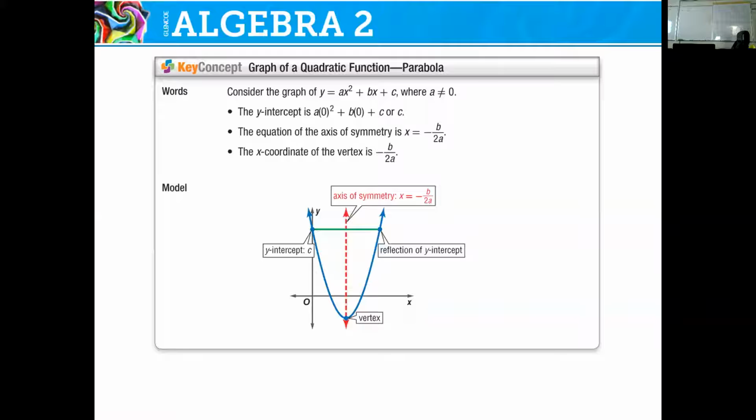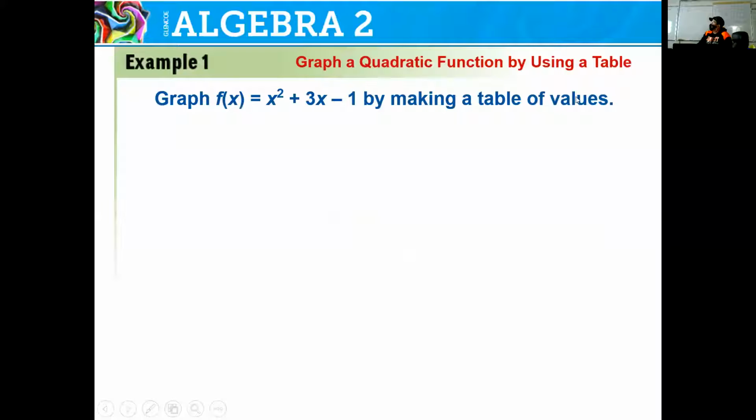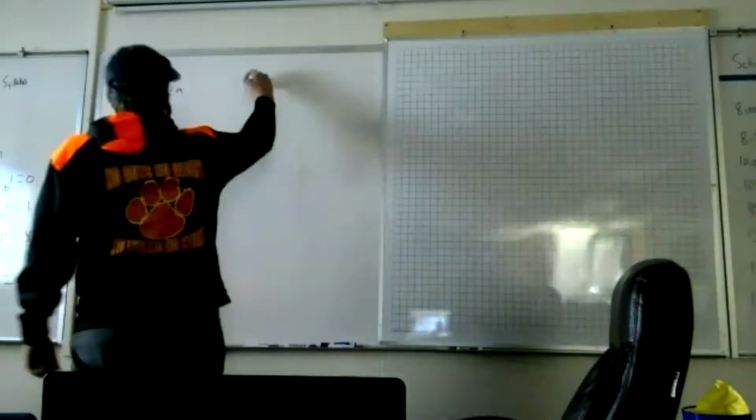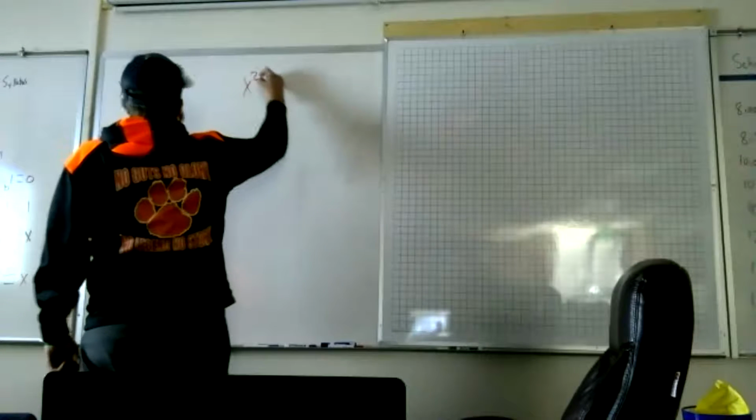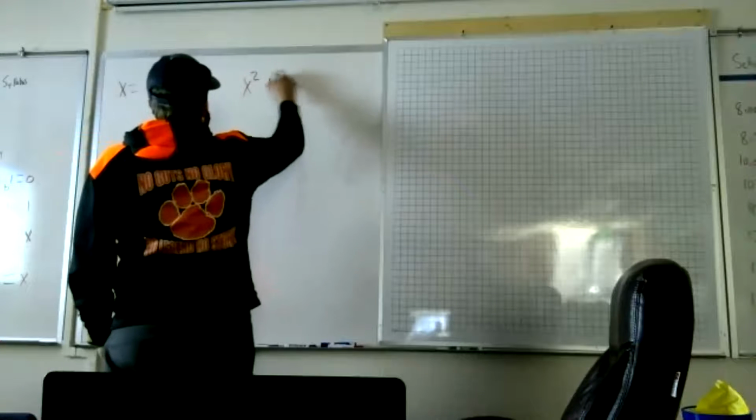All right, let's get into the first problem. We're going to graph f of x, which is equal to x squared plus 3x minus 1 by making a table of values. Table of values and graphs are both the same thing. So we have x squared plus 3x